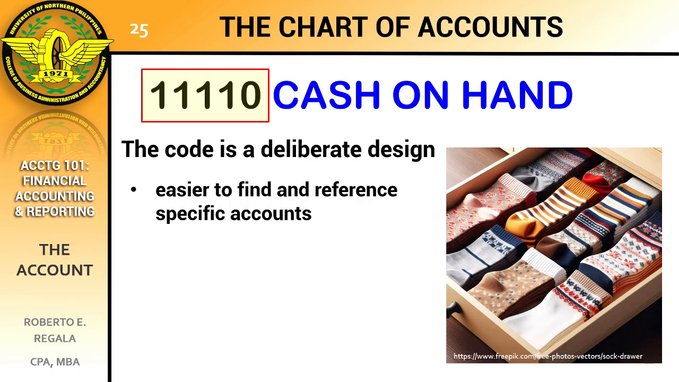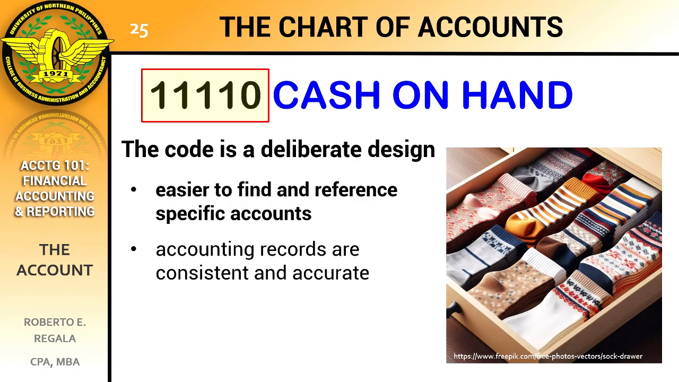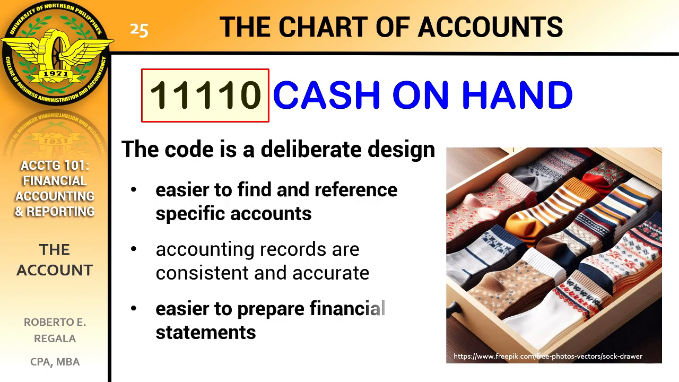It helps make sure the accounting records are consistent and accurate. With everyone using the same system, you reduce the chance of mix-ups and mistakes. It makes it easier to prepare financial statements. When everything is clearly categorized, it's much simpler to pull together the numbers you need to see how the business